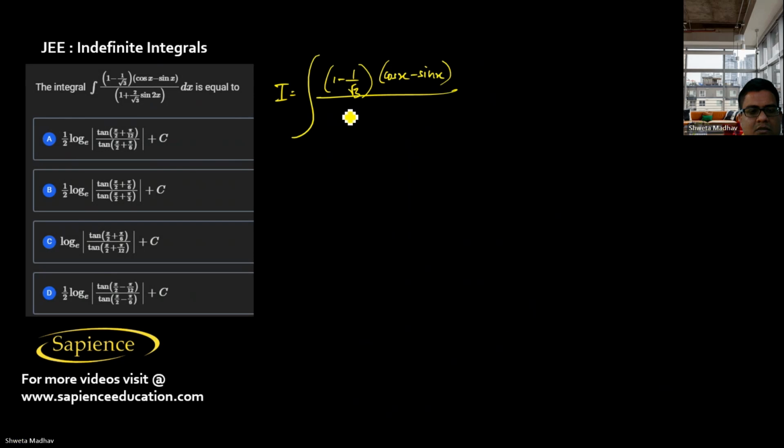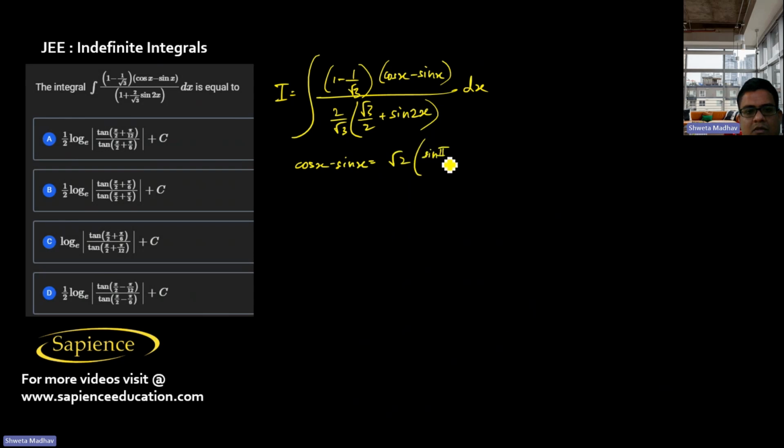Then here it is told to find this integral. The integral I, that is 1 minus 1 by root 3 into cos x minus sin x, divided by, from here root 3 by 2 I can take outside. 2 by root 3 I can take as common outside. Then here I will have root 3 by 2 plus sine 2x dx. So now cos x minus sin x, that can be written as root 2 into